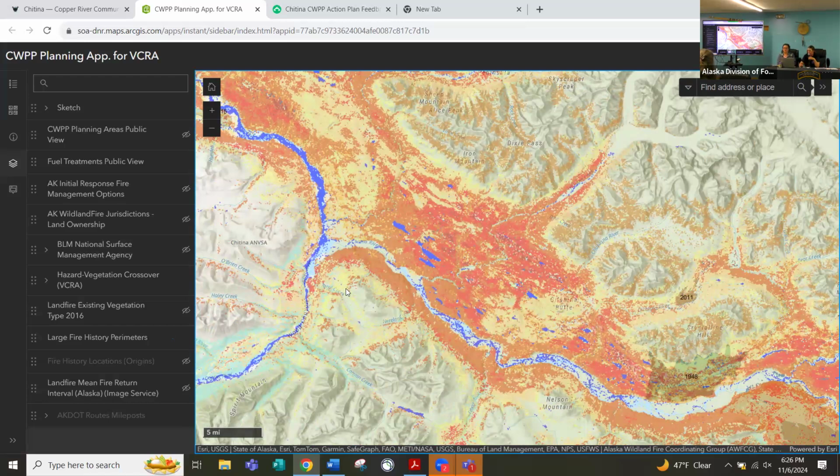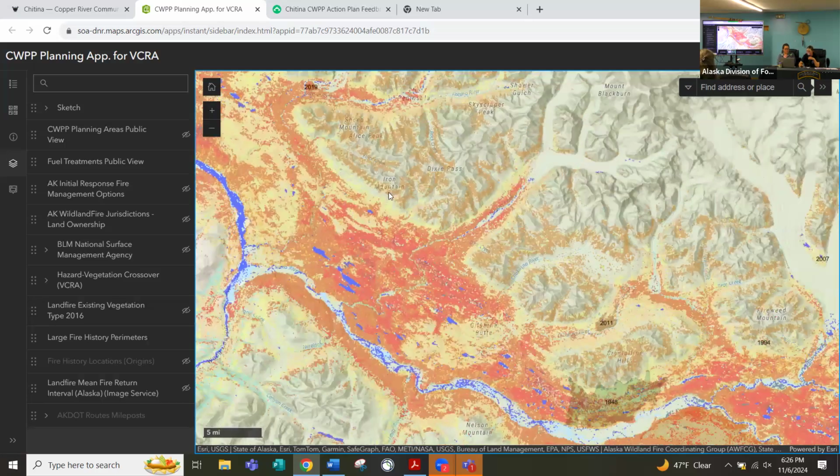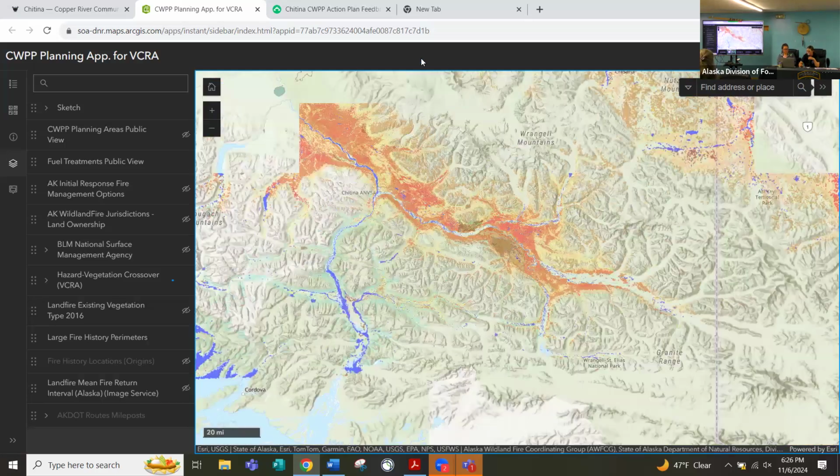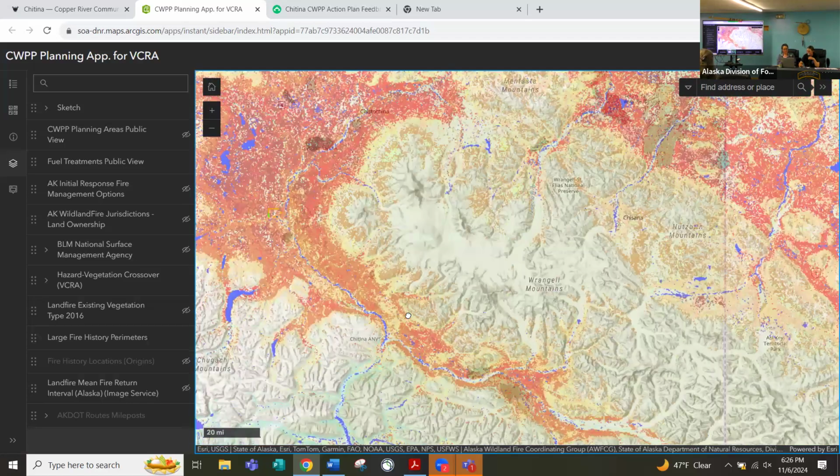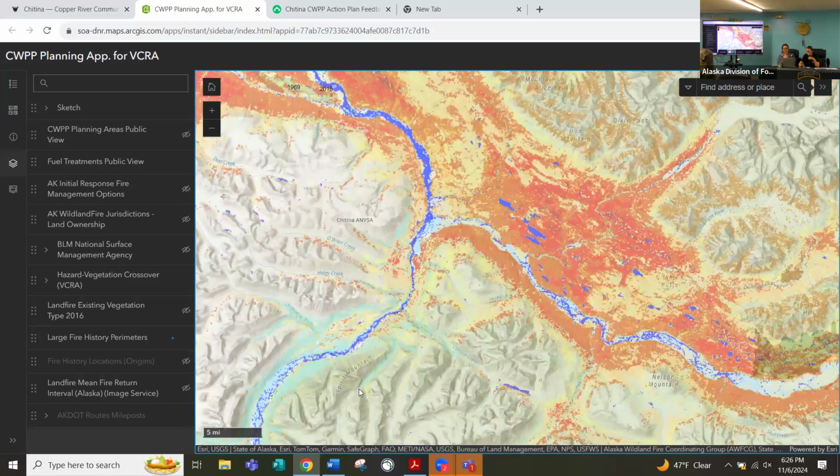And then as we go down the color continuum, anything that's in yellow is still burnable vegetation in the right conditions, of course, but it is more of a brush component or your alder components and subalpine components that are less flammable. So again, this tool just helps us look at the vegetative fuels in the area and analyze their risk.